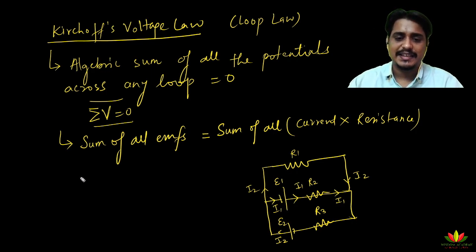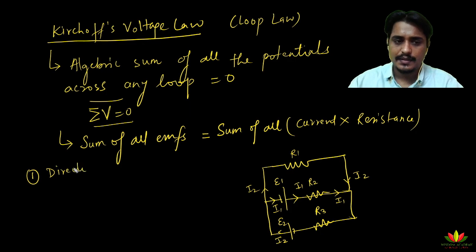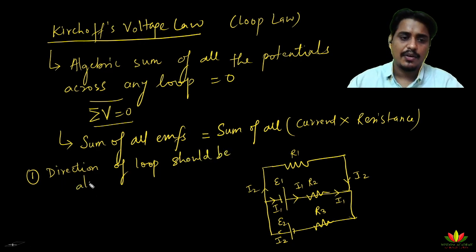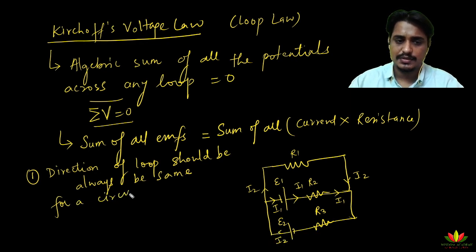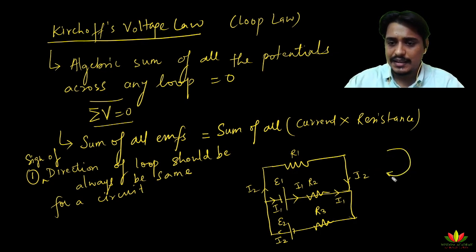Now the convention says that first of all you have to consider a loop. The direction of loop should always be the same for a circuit. What I am trying to say is that the sign of the direction of the loop should be consistent. Suppose I am taking anti-clockwise to be positive, then whatever loops you take in this circuit,